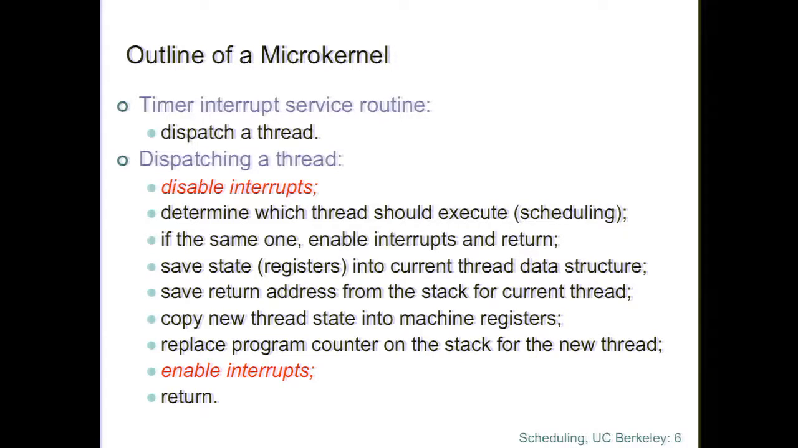So you have to save the machine registers into the current thread data structure, save the return address for the current thread, or just save the current stack pointer, which, if the return address is on the stack, you can just store into your thread data structure. Then pull the stack pointer for the new thread from its data structure, write that into the stack pointer register of your machine, pull the state of the registers from the new thread's data structure, write those into the machine registers, and then return